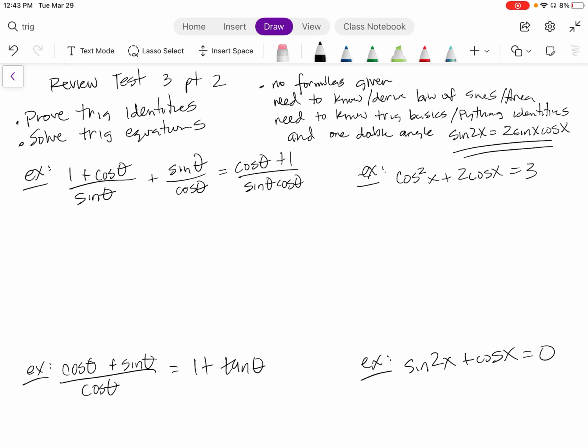So solving a trig equation means you're trying to find the unknown. When you're proving a trig identity, you're not finding an unknown because it's saying all angles would work, no matter what theta you put, as long as it's in the domain. For sine and cosine, everything's in the domain, all real numbers, so both sides should be equal. When you prove an identity, you're not to mix across the equal sign, because you're not solving an equation like you are in this example here,